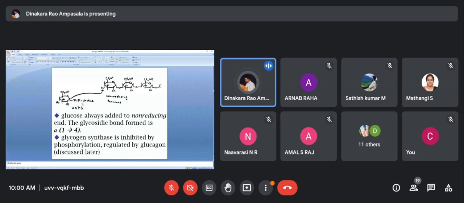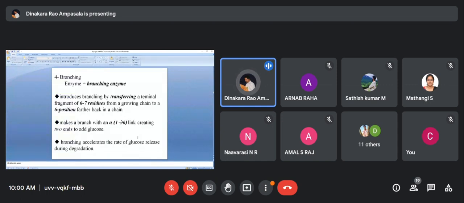So glycogen synthesis is inhibited by phosphorylation and regulated by glucagon. We'll discuss this later in the regulation. So next, once the addition of glucose molecules at the 1,4 linkage reaches 6 to 7 residues,